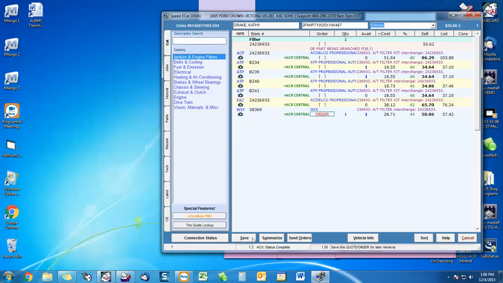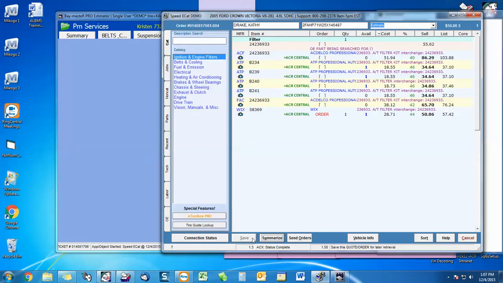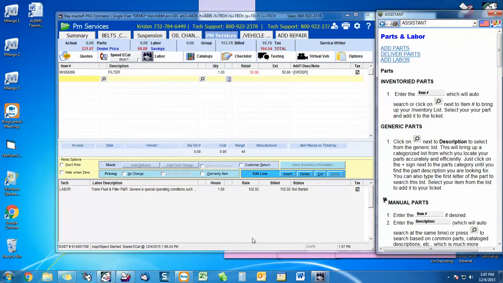I'm going to select the filter and save. And now if we take a look at our ticket again,